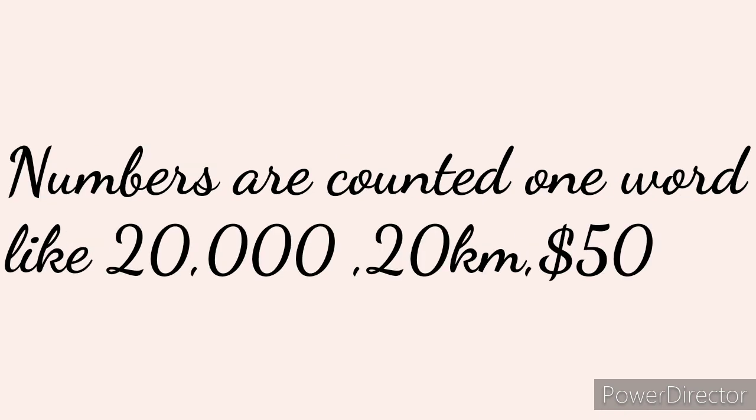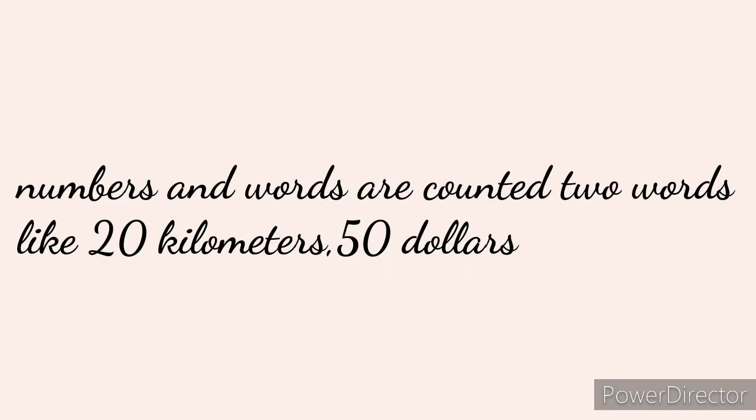Now, numbers such as currency, percentage, area, temperature, distance, weight, and so on are counted as one word if they are written using numbers and their respective symbols. For example, 20m, $50 with the dollar symbol, 90km, 40%, and so on. However, if these are written using numbers and words, they are counted as two or more words depending on the text. For example, 20 million, $50 with the word dollars, 90 kilometers, 40 percent, are counted as two words.